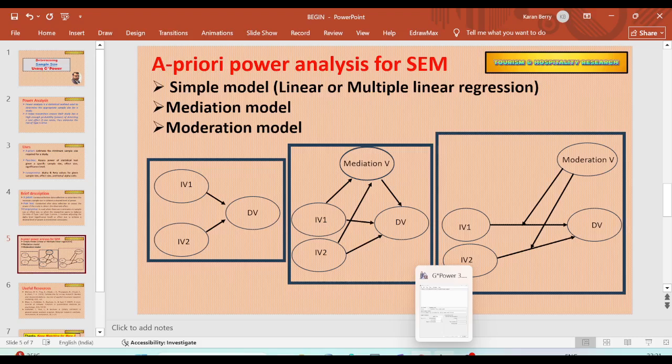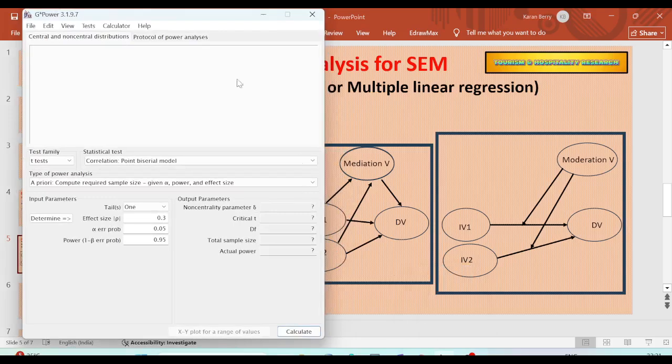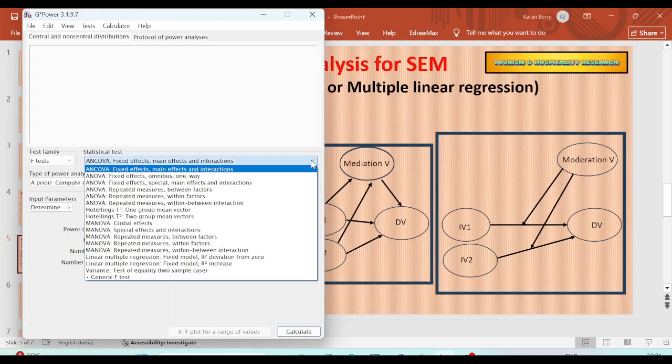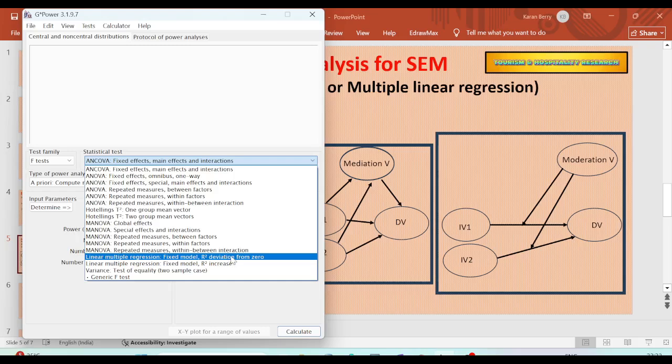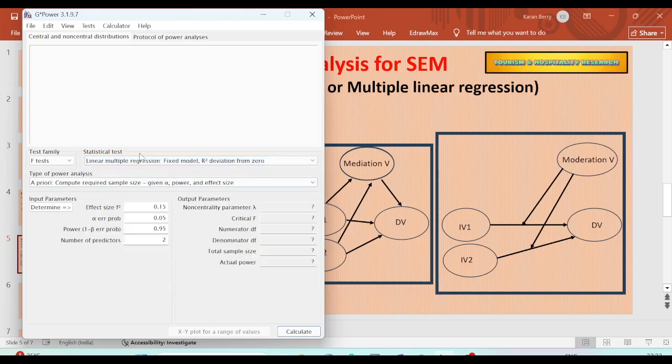it for determining the minimum sample size required for your study. So this is the G*Power 3.1.9.7 version. In the test family, you go to F tests and then you go to linear multiple regression: fixed model, R square deviation from 0. You select this in the statistical test